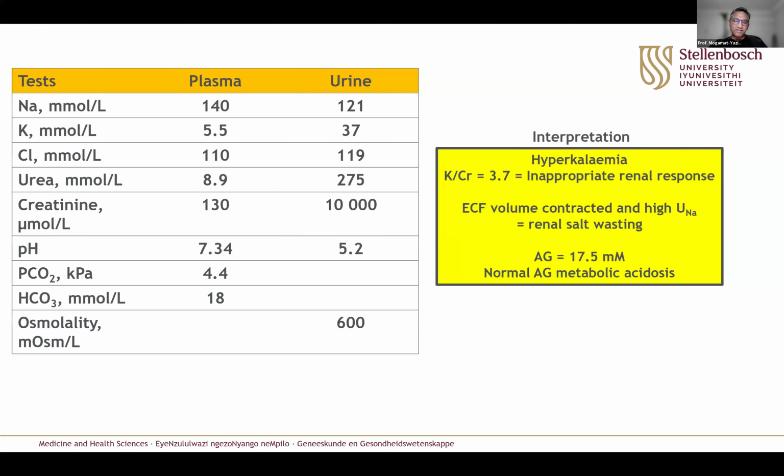millimoles per liter. But the minute I add the potassium, which is 4, the normal is now 16 millimoles per liter, plus or minus 2 millimoles on either side. So in other words, up to 18 millimoles, if you include the potassium concentration in the calculation, would be normal. Hence, 17.5 is still regarded as normal in this case, because in the calculation, I included the potassium concentration in the calculation.